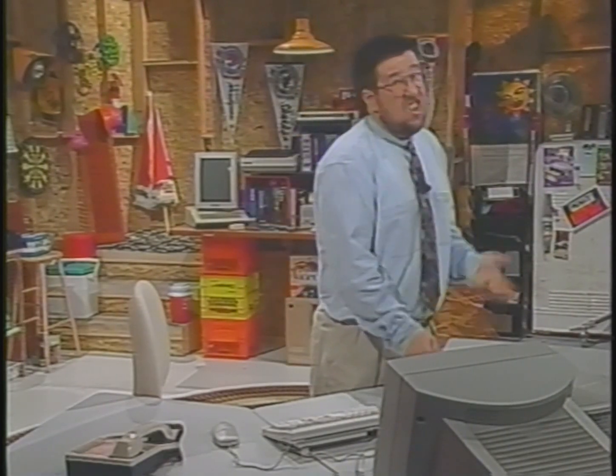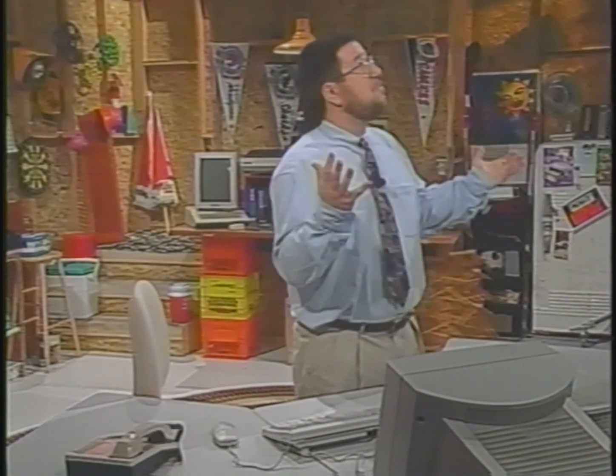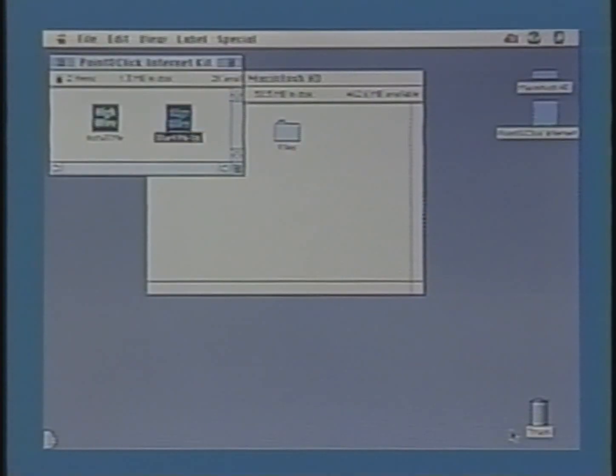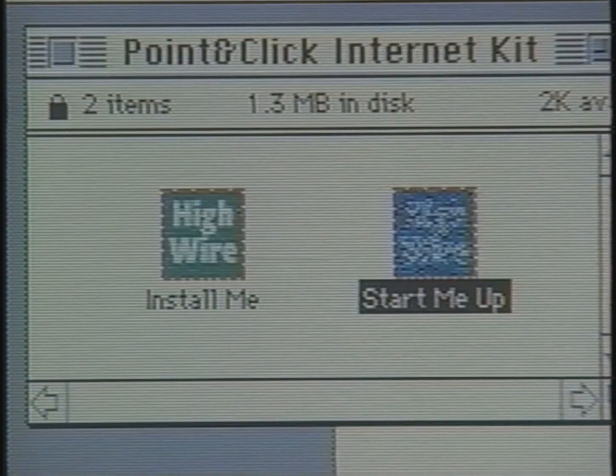We're going to walk through the basic setting up an account scenario for you. I'm going to install my point-and-click Internet software now, and then open my account to access the Internet, all in about 5 minutes from the musty comfort of my own basement. On this disk is a README file, and it contains the names and numbers of many Internet service providers. So, I'll just double-click here on the Start Me Up file